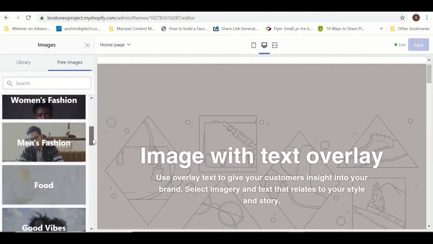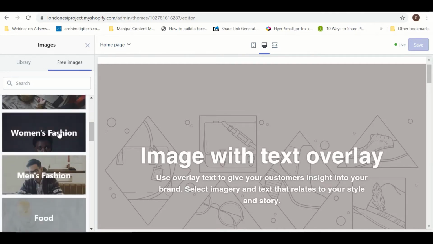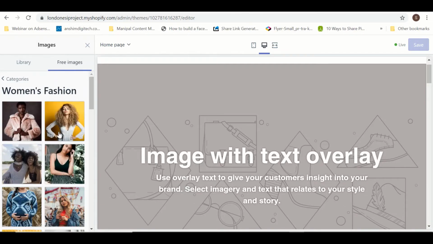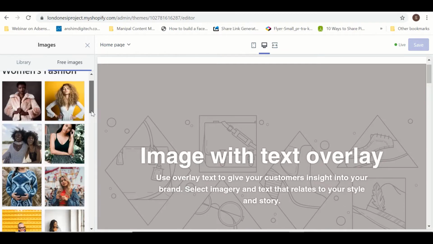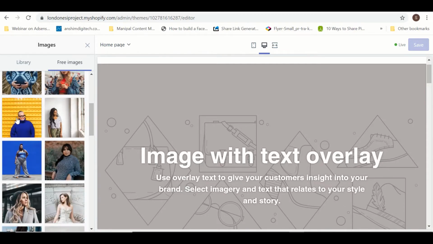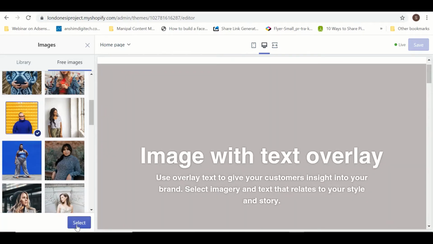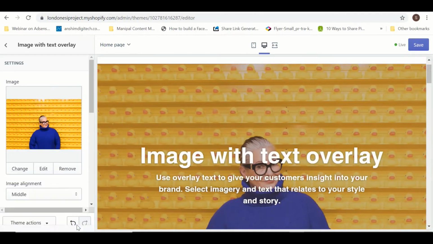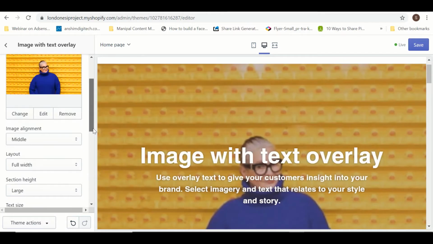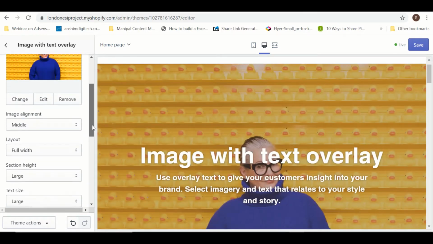So if I am doing it for, say for example, women's fashion, I can select these particular images, okay. So I can select this image. I can change the text also, I can change the alignment also, right?